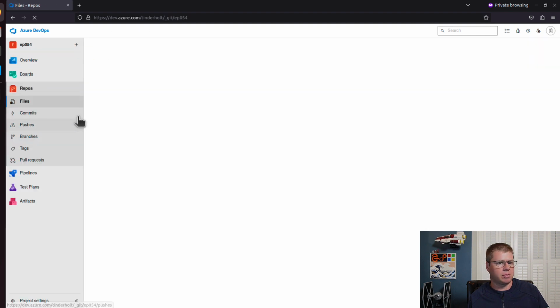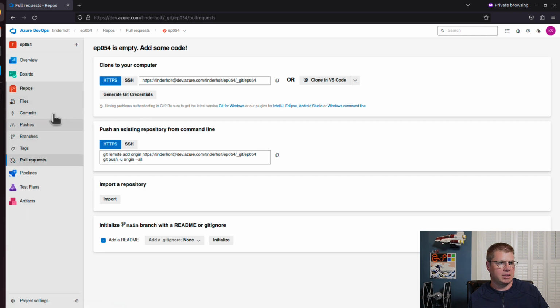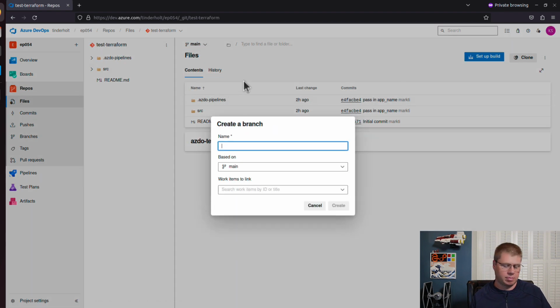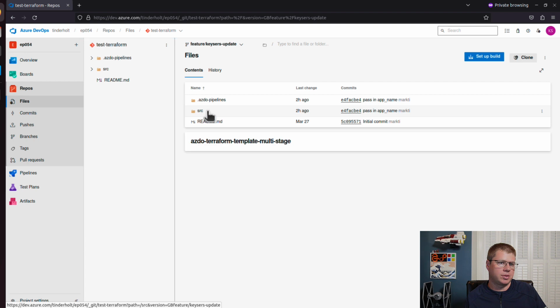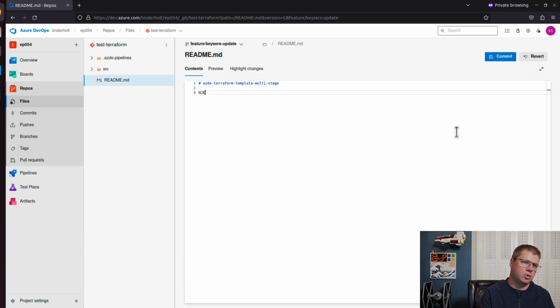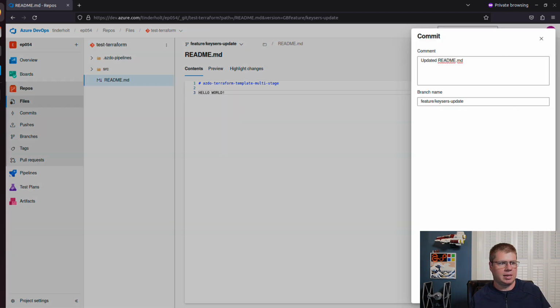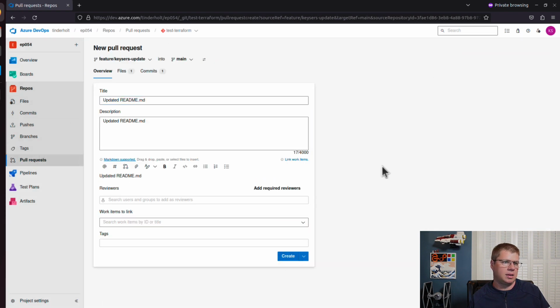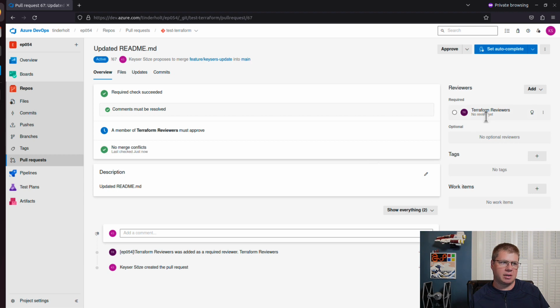Let me go to this repo here. Let me go to my actual repo. I'm going to create a new branch. Kaiser's update. We are going to just add something to this. Hello world. We're going to commit that, and then we are going to submit a pull request. And so Kaiser sees that it's been added to the Terraform